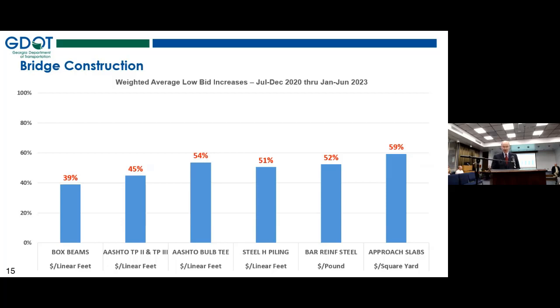project. The next column is the most predominant type of piling used. And then we move on to bar reinforcing steel. And then finally, the last column is the most common item. Once again, across the board, you can see a significant increase in the